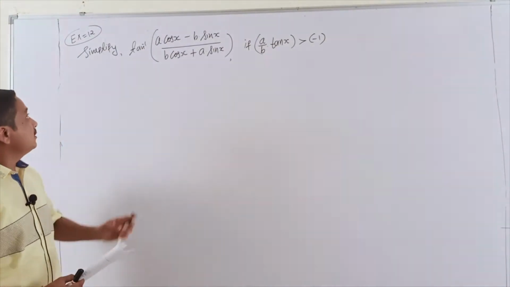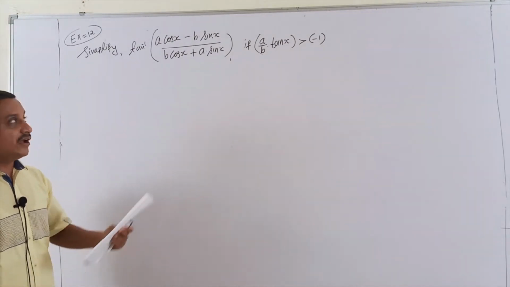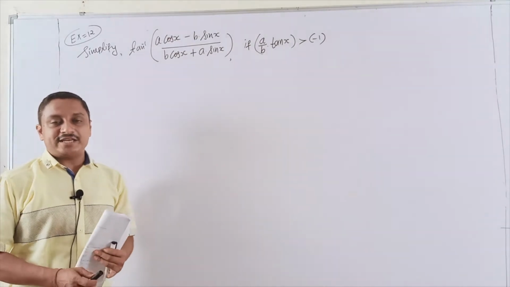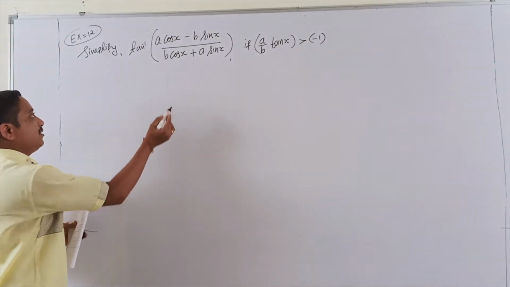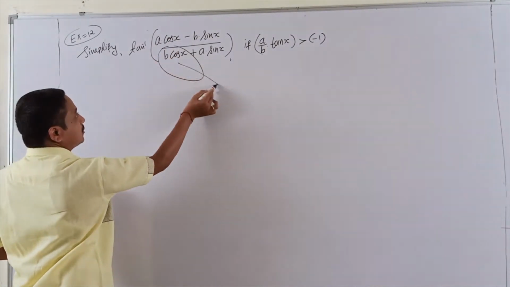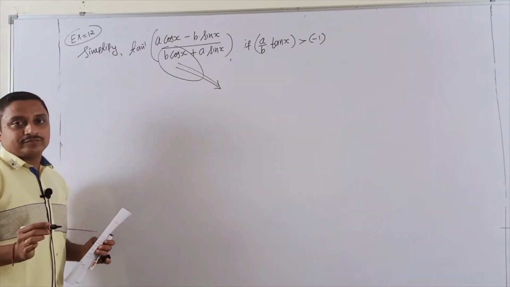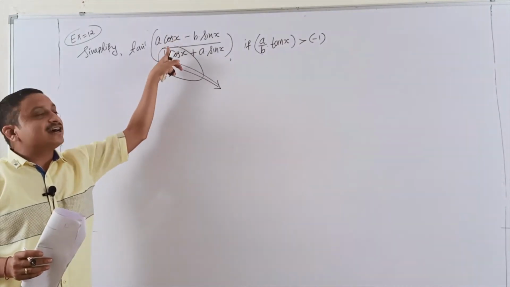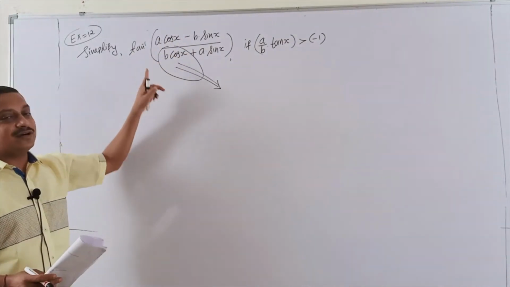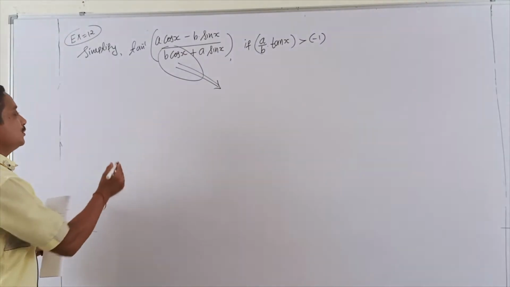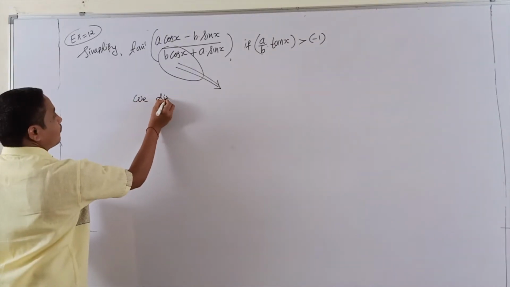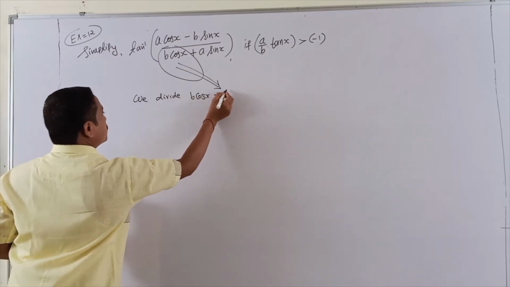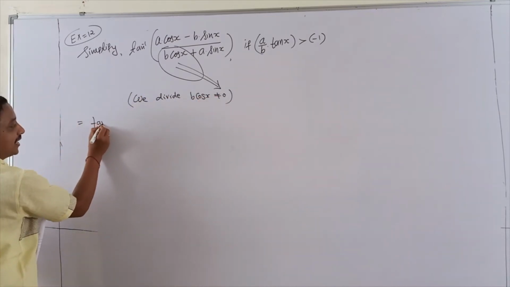Now continue, students, with question number 12, example. Simplify tan inverse of a cos x minus b sin x upon b cos x plus a sin x. Students, here also I say in repetition, anyhow, this value we create here as one. Why? Because the internal data is converted into tan, outside tan inverse, and happily the value is removed. So we divide upper and lower side by b cos x, not equal to 0.